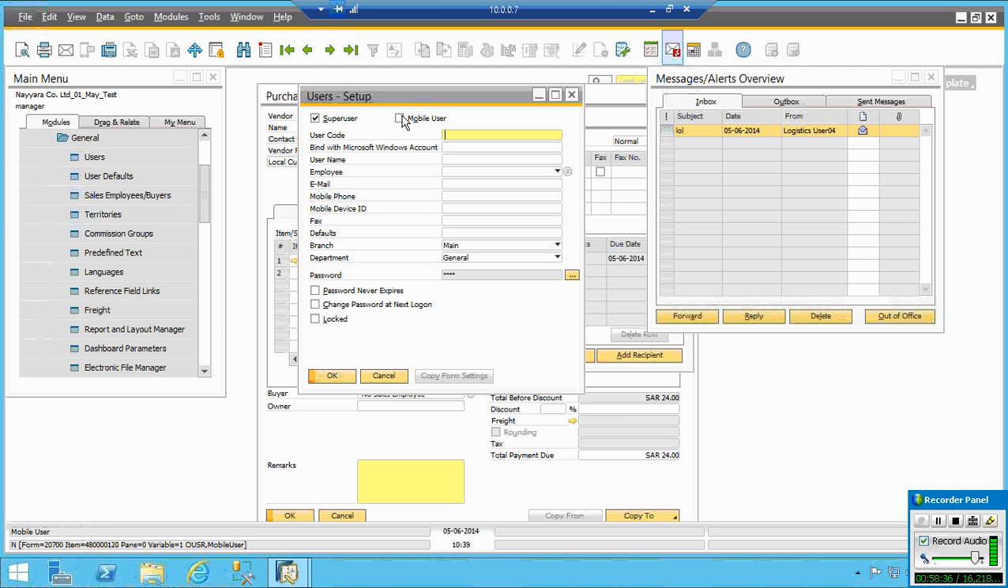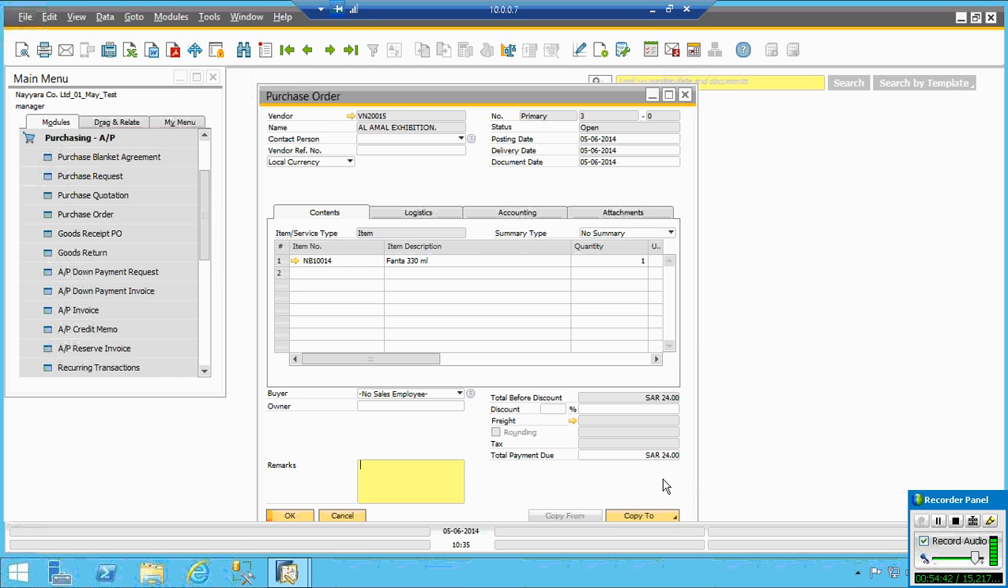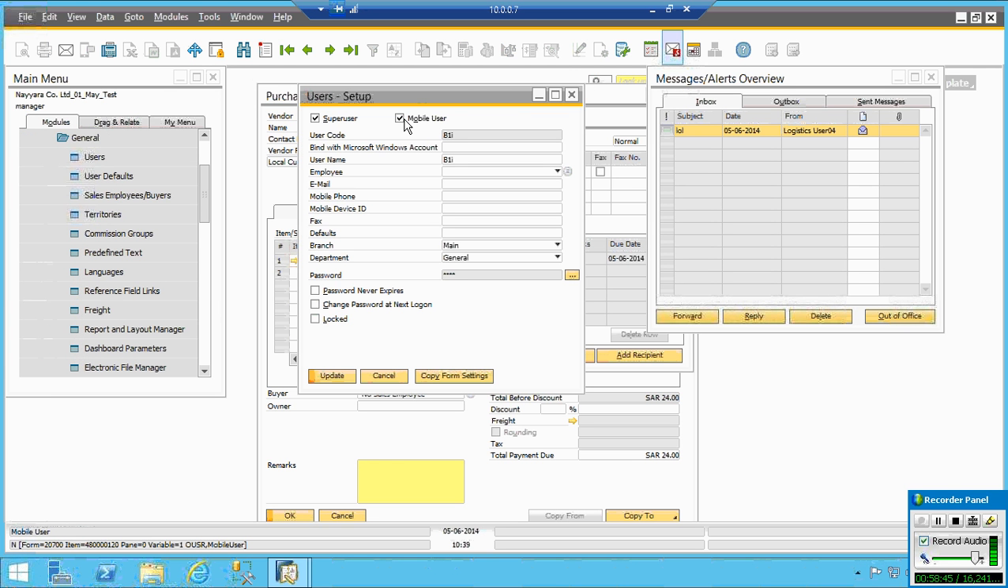There is an option here, say as a mobile user. Once you select mobile user, you have to mention the mobile number and the mobile device ID. You have a MAC number in your mobile. If anybody you know, you can download it on the site. The application is free, get it. You download it and the MAC number will integrate with your